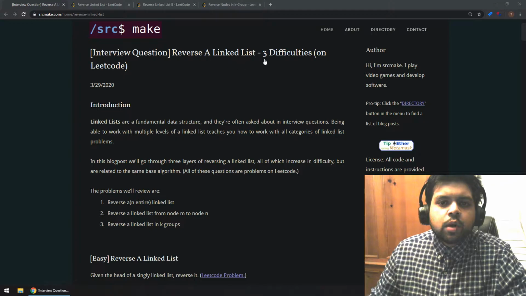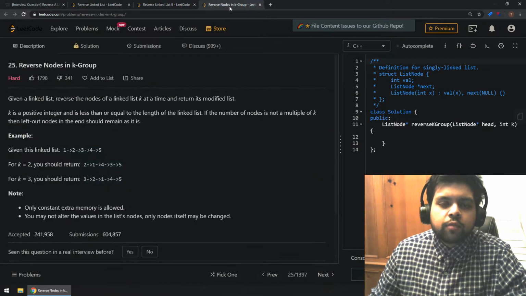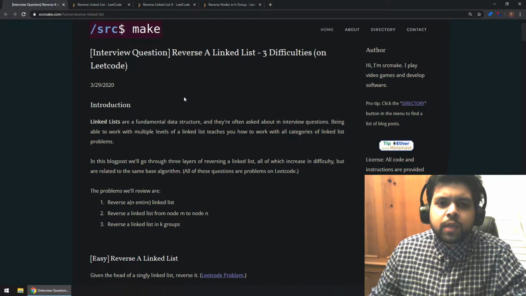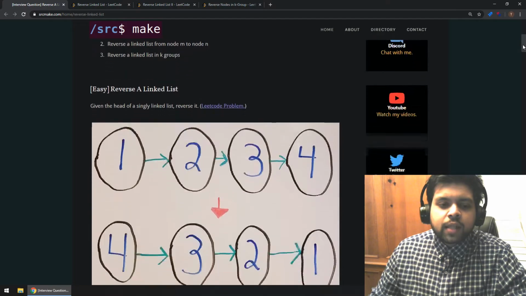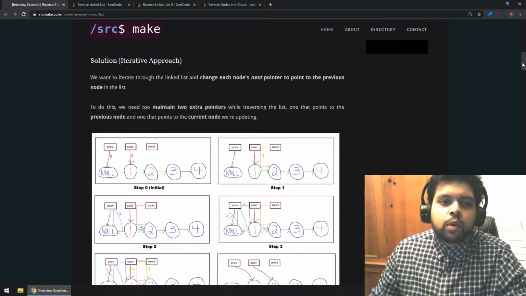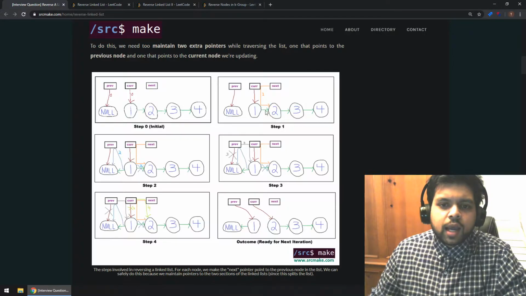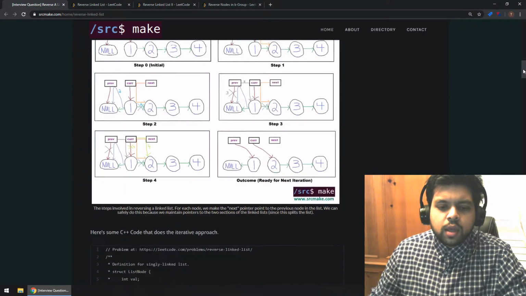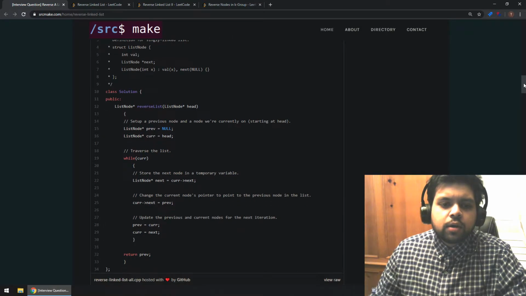And in this video we are going to go through 3 layers of difficulty and they all happen to be Leetcode problems. So we're going to run our code on Leetcode to make sure that it works properly. So in this video we have got the easy problem, which is reversing a linked list. We'll talk about that problem. We will go over the solution with the iterative approach, which is the best one. And then we are going to look at this diagram that I made to understand what's going on in the algorithm that we chose. And then we've got some C++ code here that we'll quickly talk about that actually implements